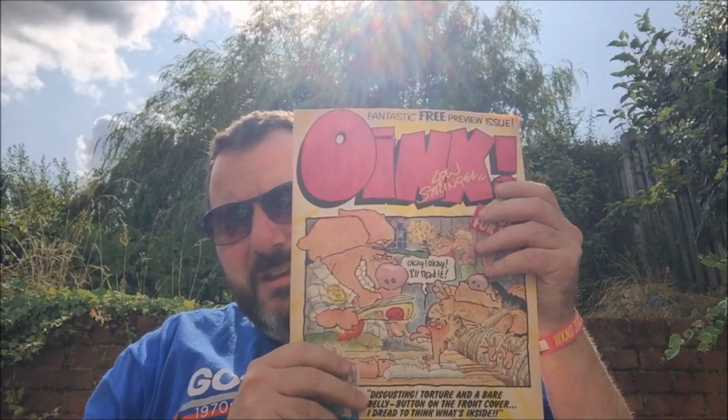Now I went to have some stuff signed. I didn't get a chance to have everything signed by Stan Bush because there were a lot of people around Stan, and the queues were just ridiculous. So I never got to have a chat with him. But as I was going into the hall, I noticed that the queues for a few of my childhood heroes were quite small. So I went and got my things to get signed, and I managed to get Oink signed